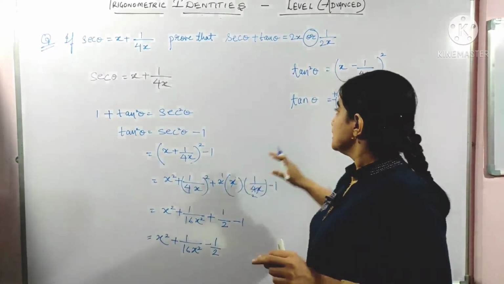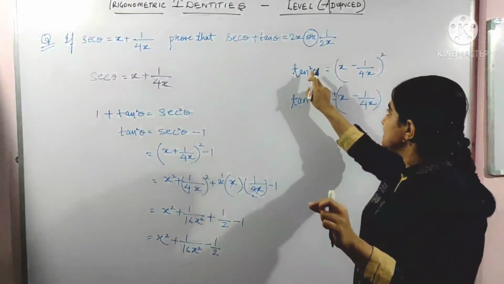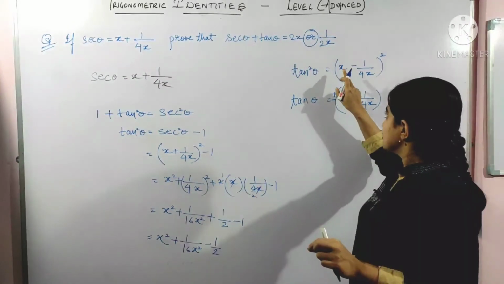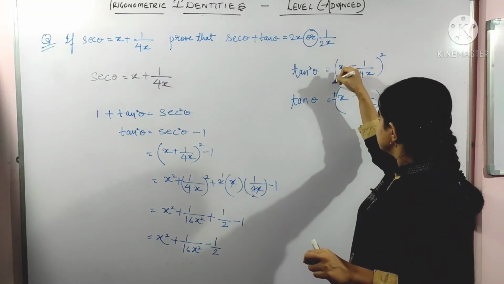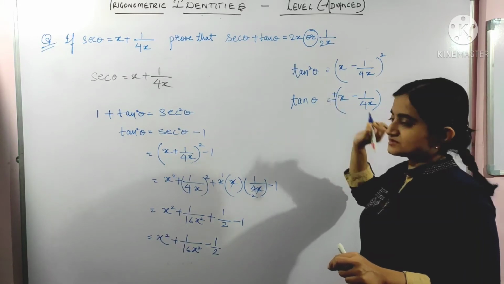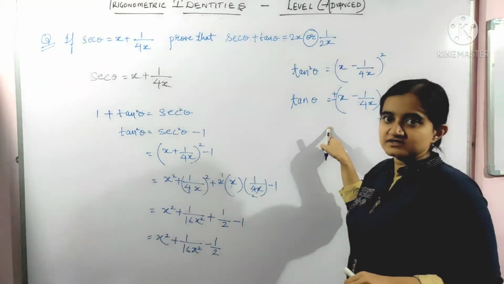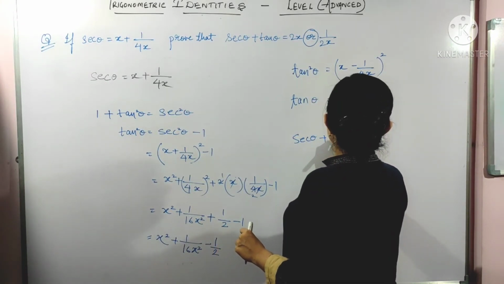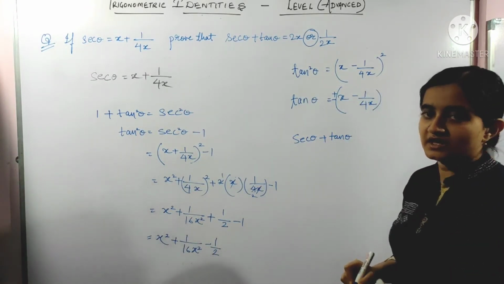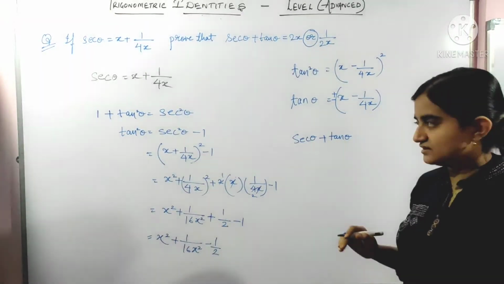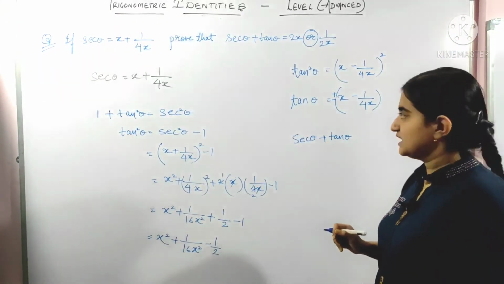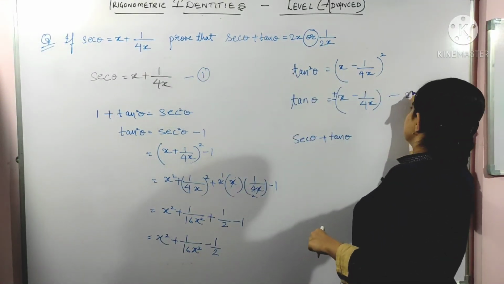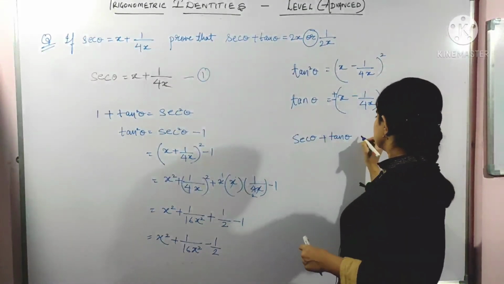You need to understand this plus minus sign means a lot. Whenever you remove the square, plus minus gets placed outside, because of the square root. Now due to this plus minus sign, see what magic happens. We have to find sec theta plus tan theta. We know the value of sec theta, and we found the value of tan theta. So this is equation 1, this is equation 2, and now we will use both of these.